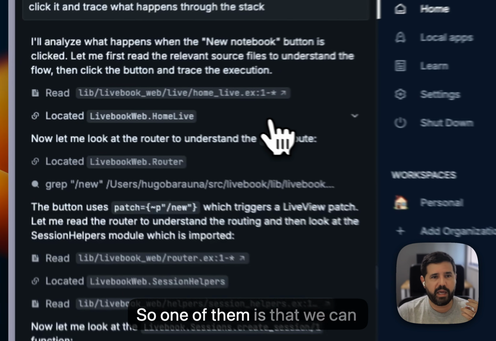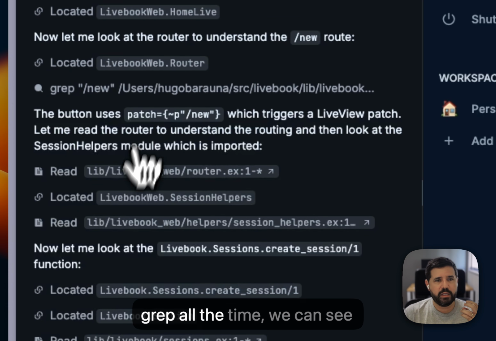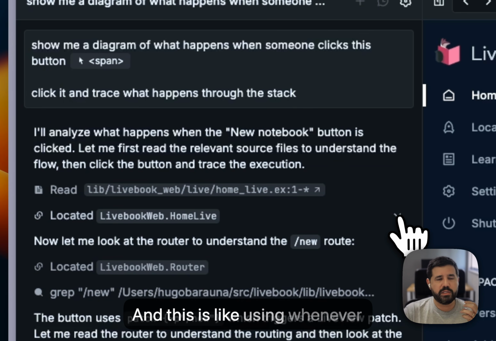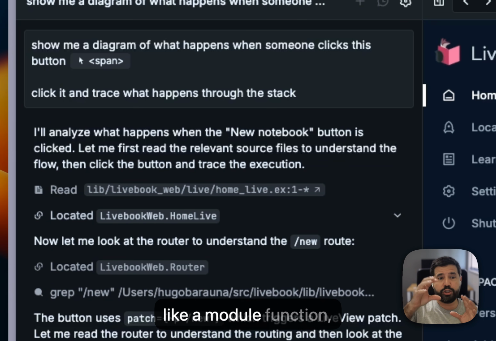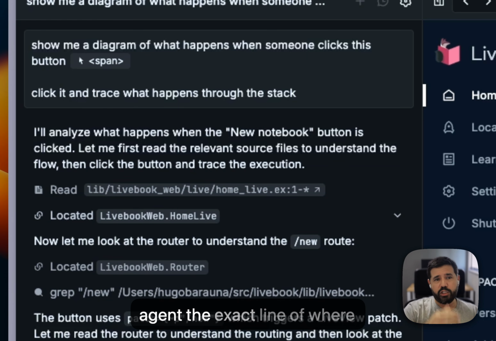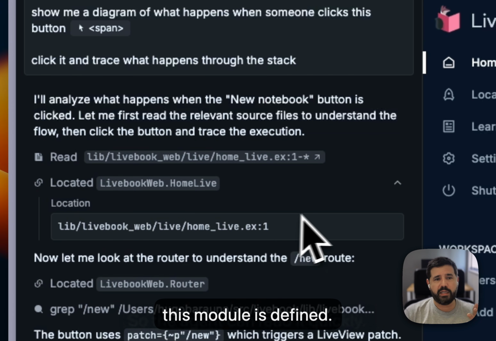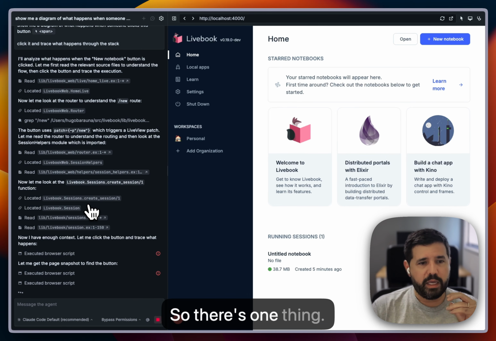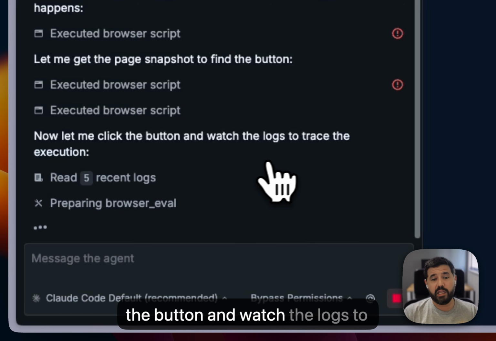code base. One of them is that instead of using grep all the time, we can see that it is using this locate tool. Whenever there's a symbol of the project, like a module or function, Tidewave can extract that information and send to the agent the exact line of where this module is defined, so the agent can read it quickly. So that's one thing, and now it's going to click the button and watch the logs to